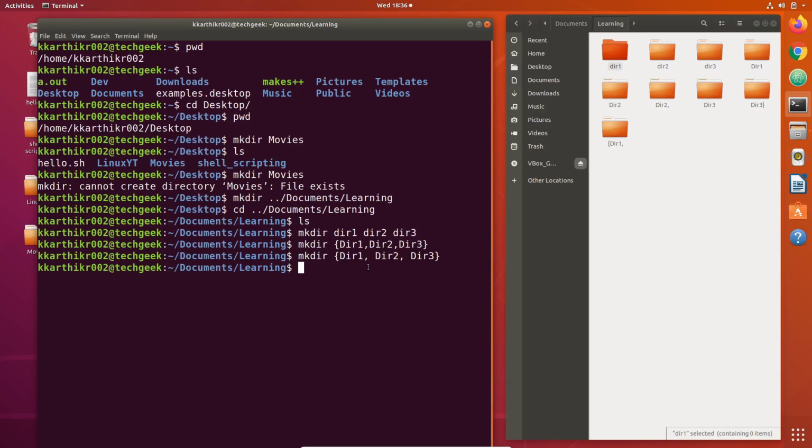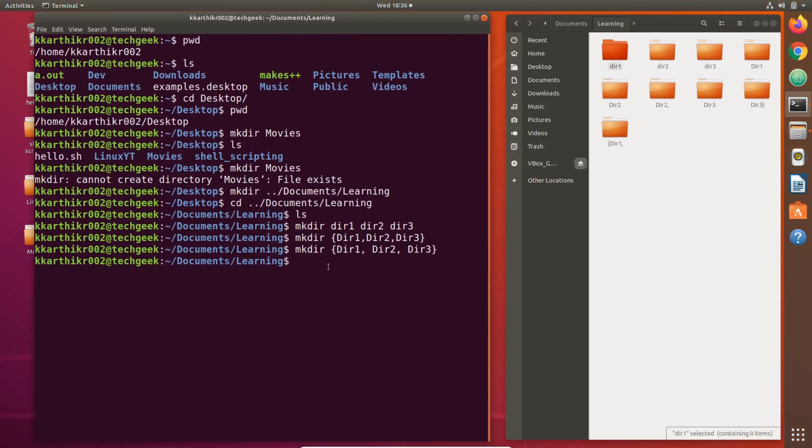Let's say we want to create a directory structure. First, let us take an example. Let's say we want to create two directories. The first directory is directory1, and the second directory is a subdirectory of directory1, let's say directory2.